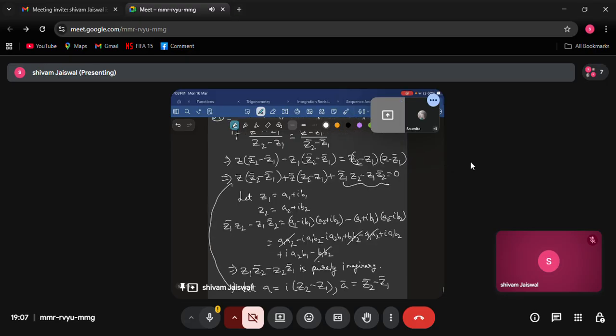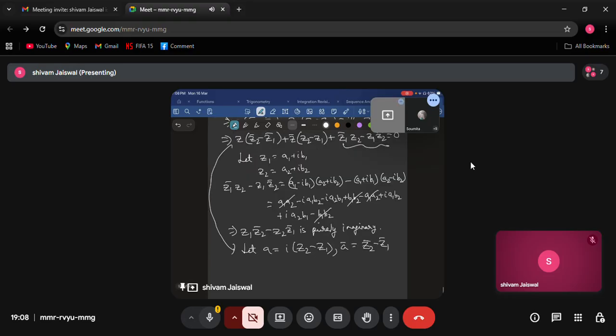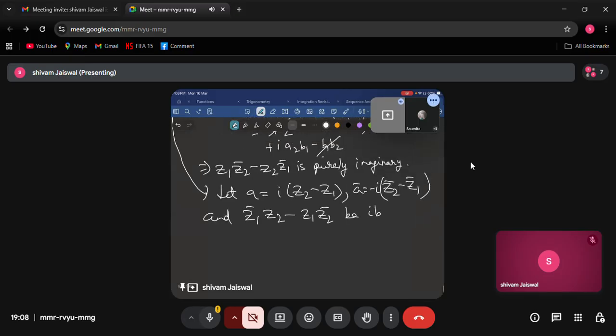Actually, minus iota into z2 bar minus z1 bar, and z1 bar z2. This whole term I'm taking as iota b, minus z1 z2 bar. B is some iota b because it is purely imaginary. So the whole equation transforms to